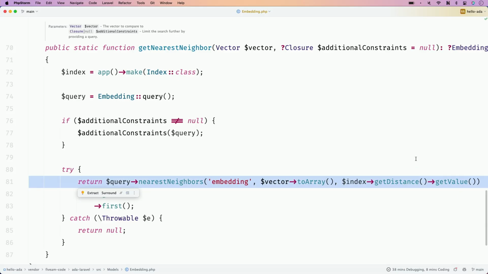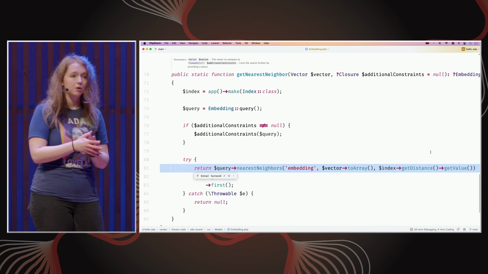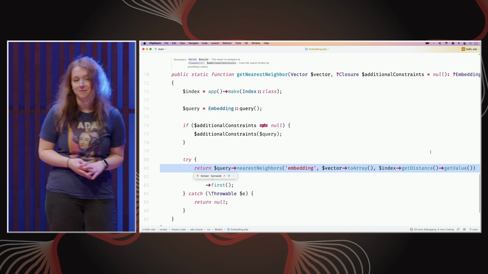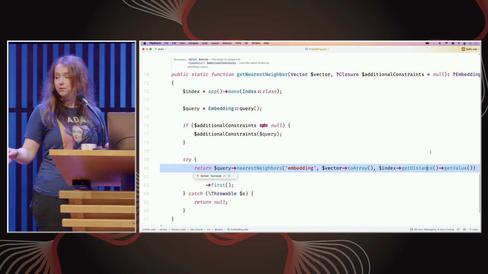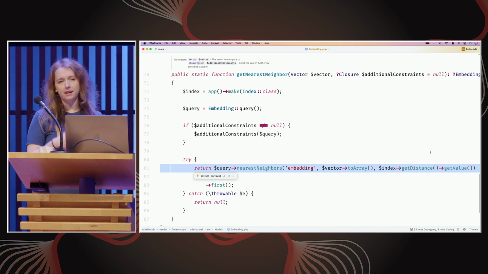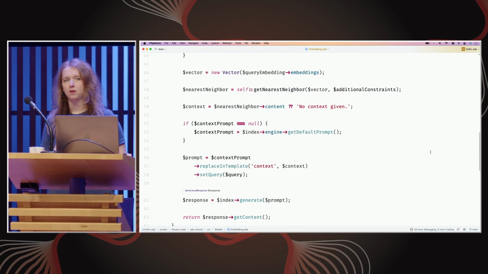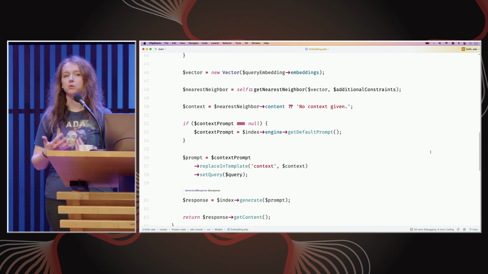And this nearest neighbor search, basically, it's running in Postgres, so it's very fast. It looks which vectors are most similar in terms of angle to the vector of our query. We're using the cosine distance here, not going into any detail, because OpenAI says it's the best when working with their models, so I'm doing that. And we get a list of vectors that are closest to our query vector, and we take the first one. And with that result, we don't only have the vector, we have the content as well.